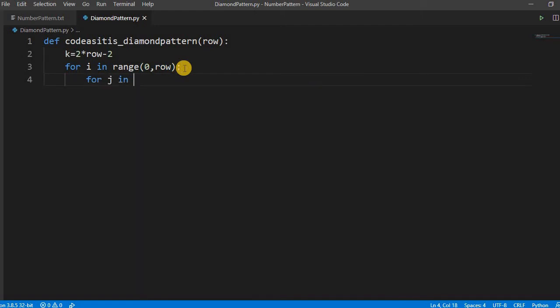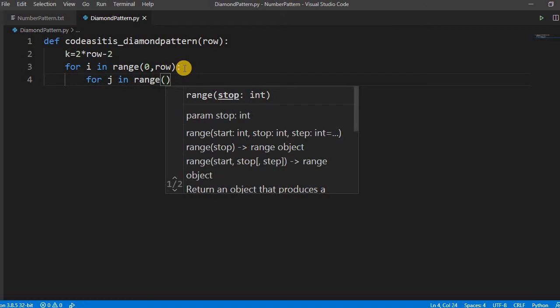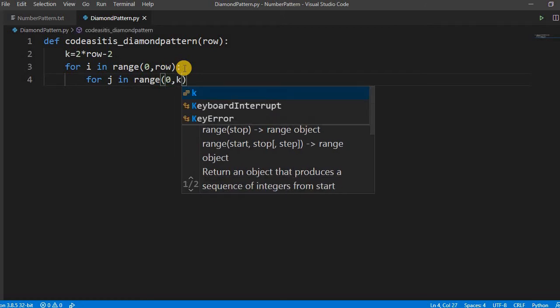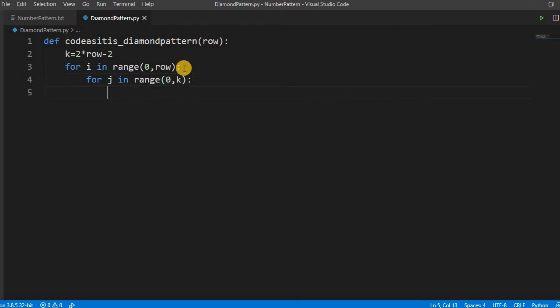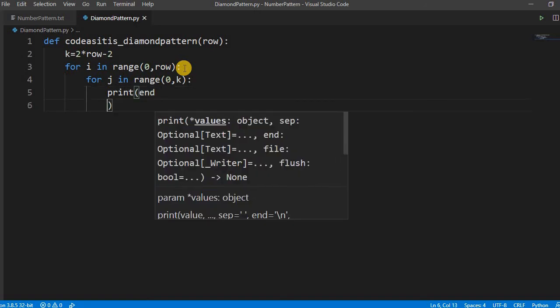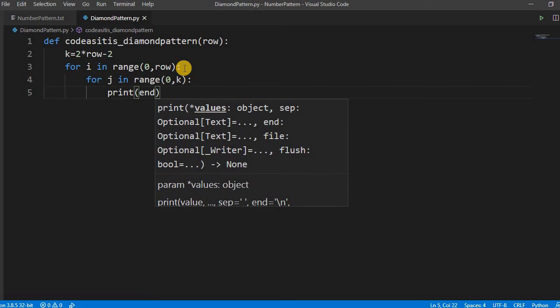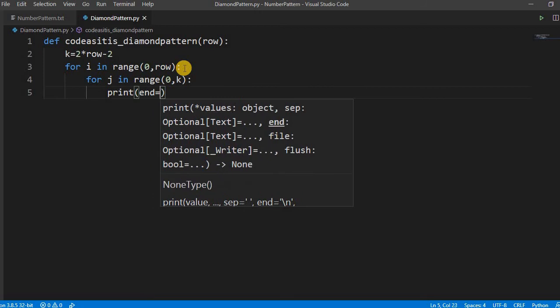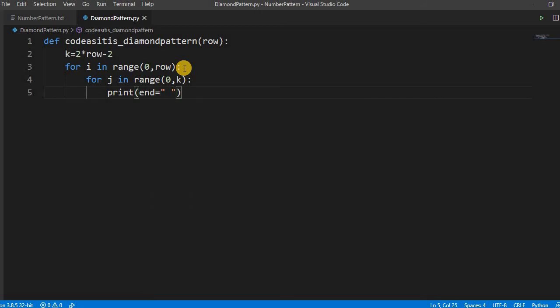So for j in range, we have to first print the space, right? We just print the space. Again, if you iterate through it, first it will iterate from 0 to 1.